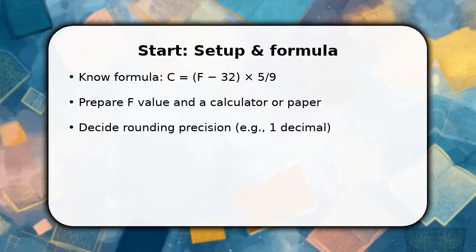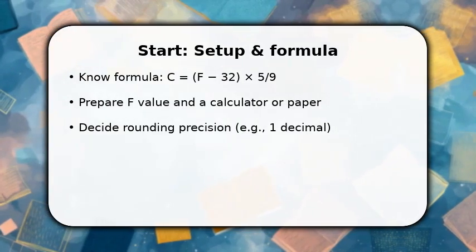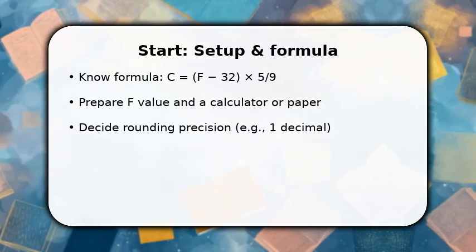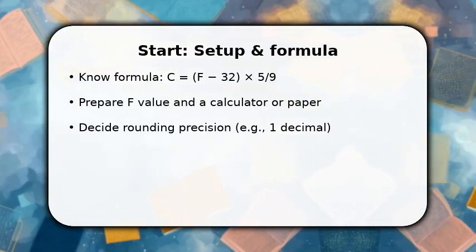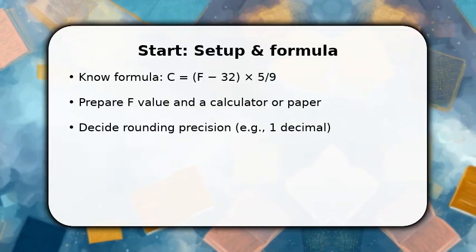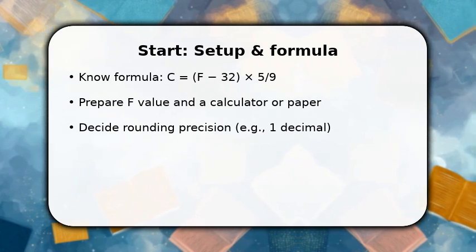First, subtract 32 from the Fahrenheit value. This shifts the 0 point from freezing to water's freezing. Once done, multiply the difference by 5, then divide by 9 to rescale the degree size. Make sure to set your calculator mode to decimal output, and note whether you will round to whole numbers or